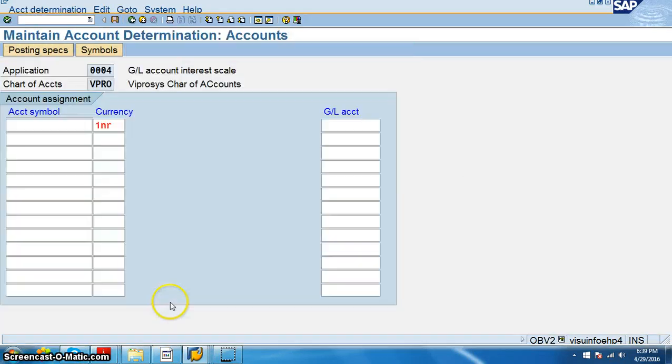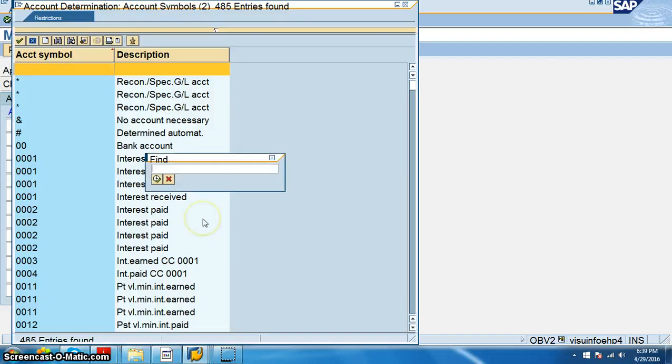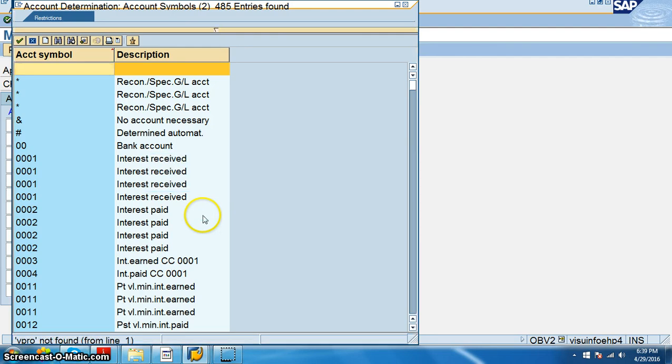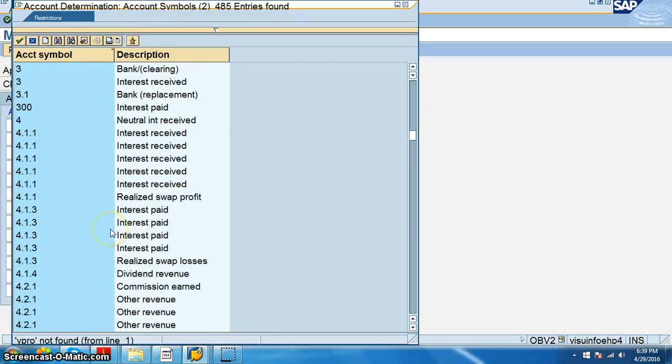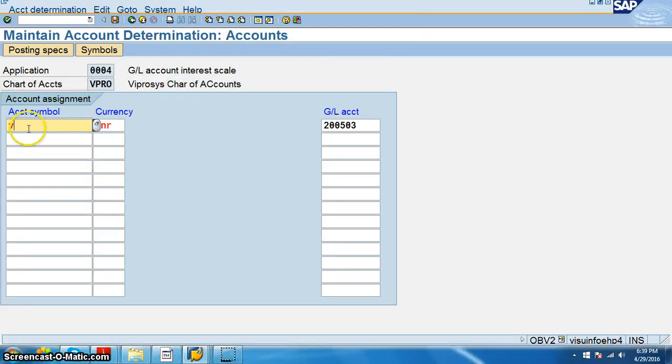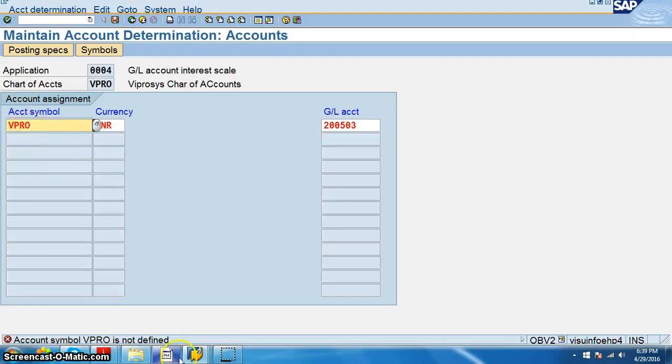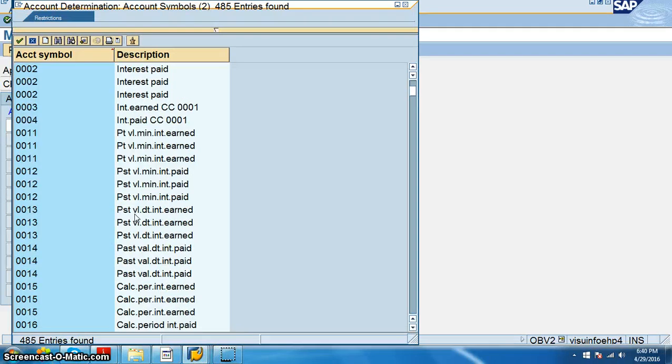GL account, whatever we do, you remember the GL account that we created just now? 200503, right? That should be there. And the account symbol is the one selected, VPRO. So we have some standard account symbols.